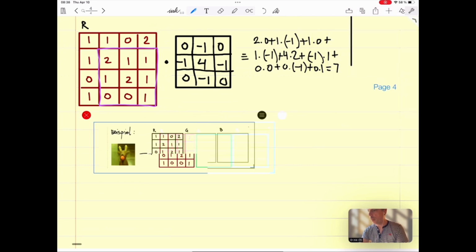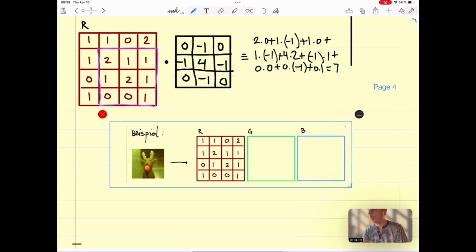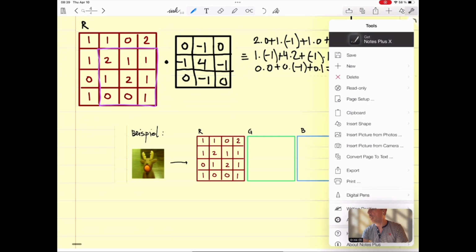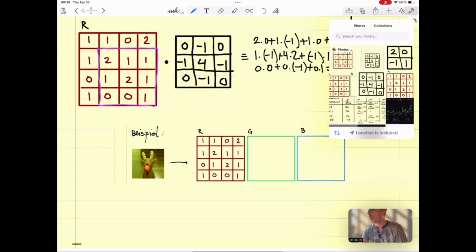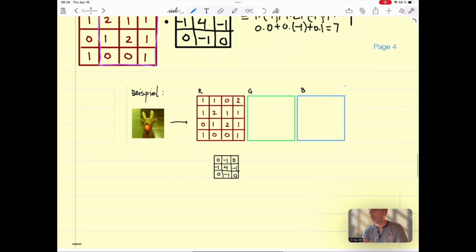We have the 3 channels here, and we have our filter, which is an attention filter, a 3 by 3 attention filter. We pass it through the 3 by 3 attention filter, and what we get is, in the red channel,